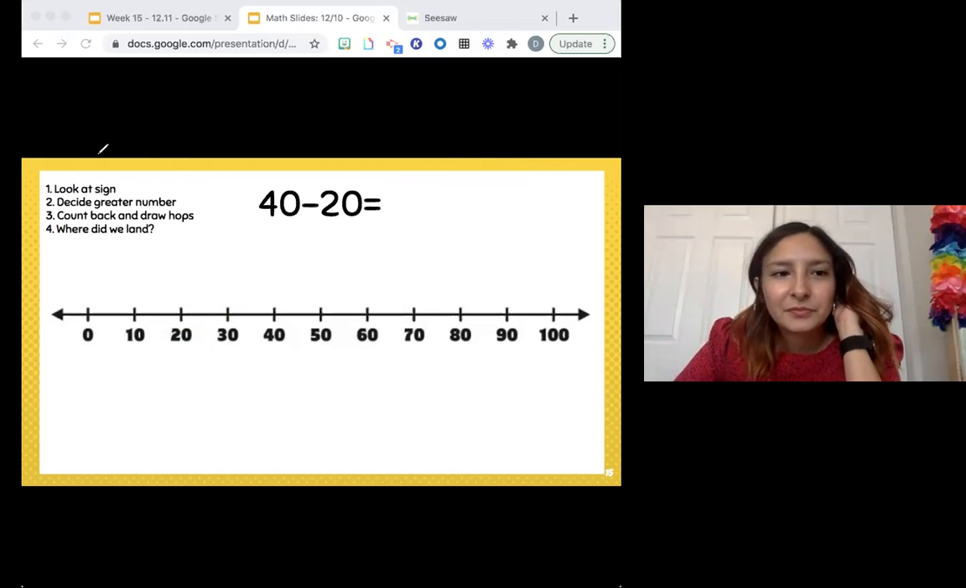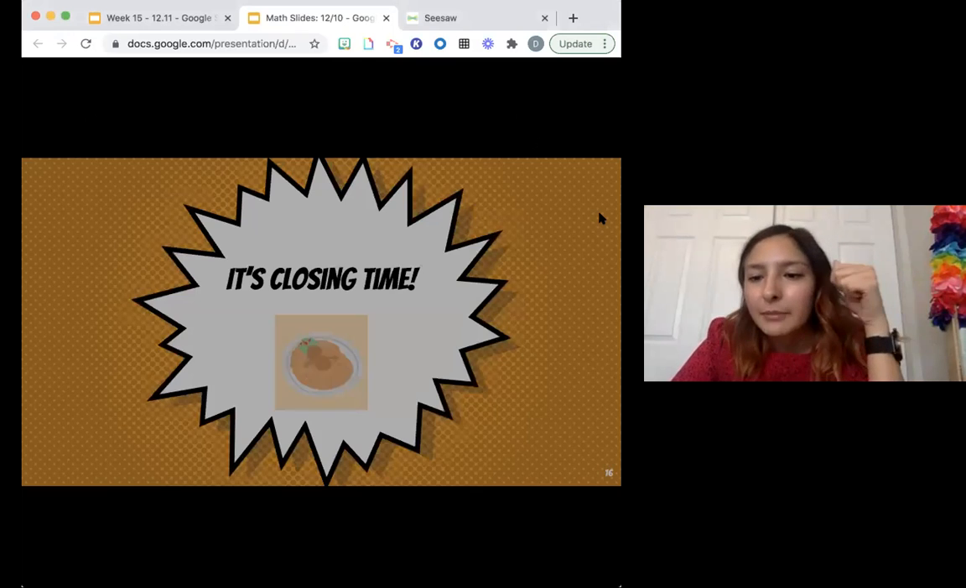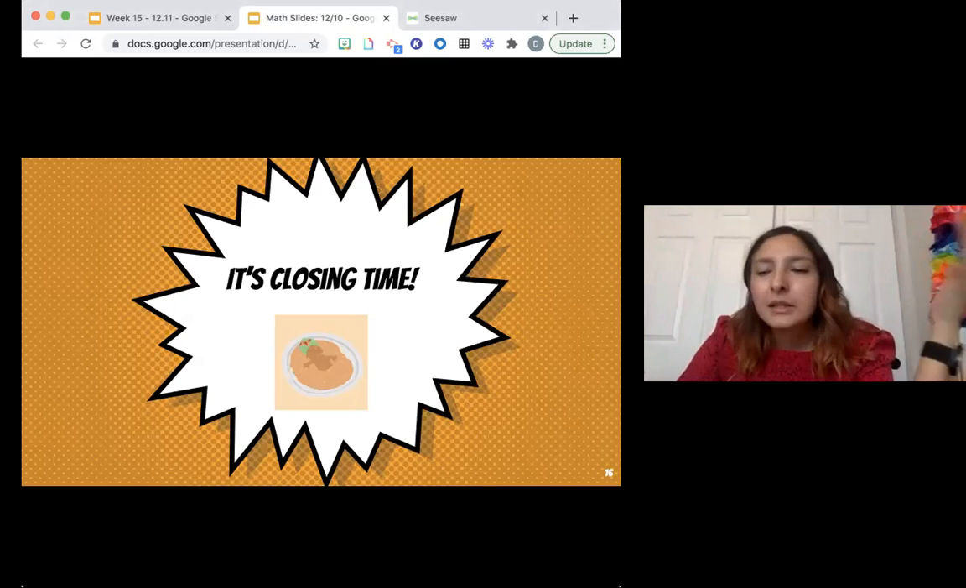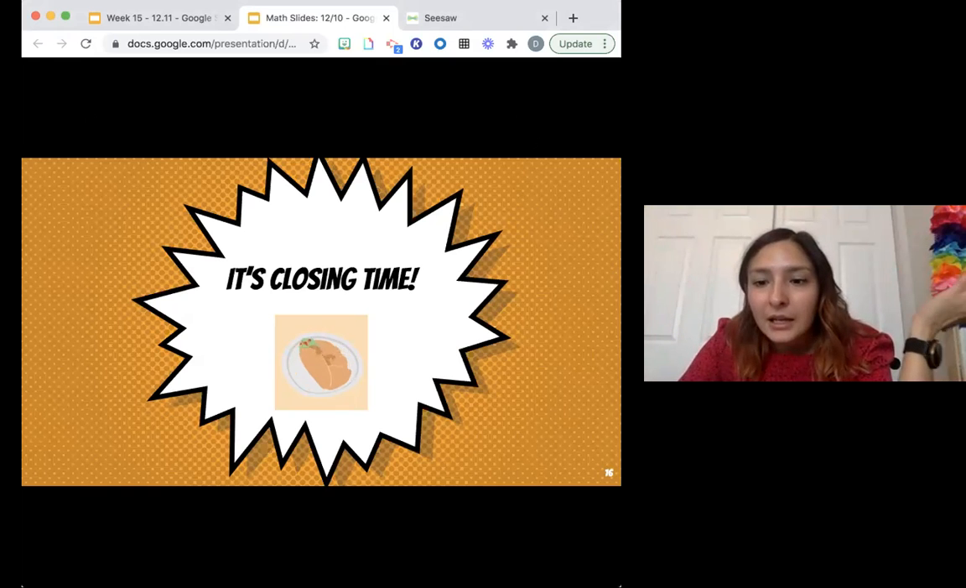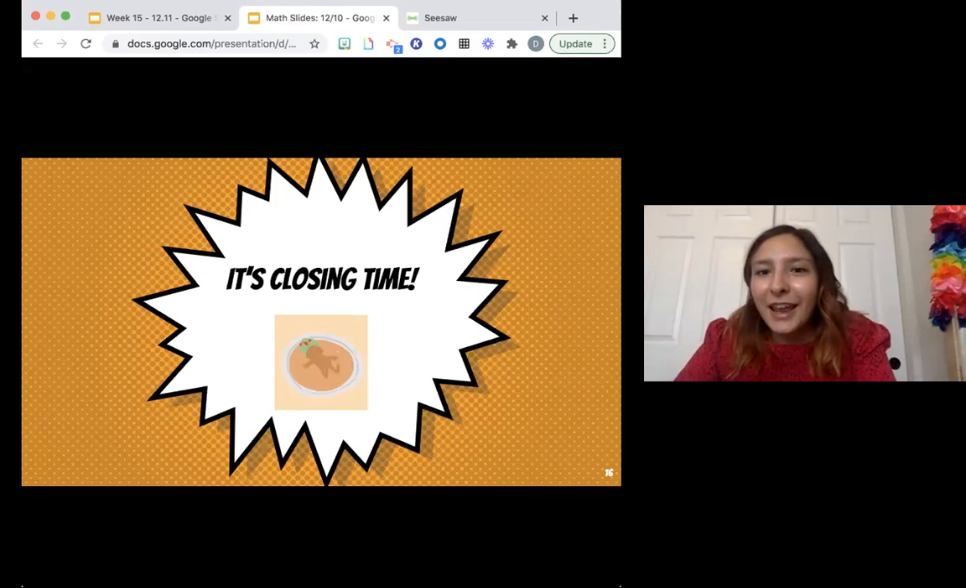Now, it is closing time. So, in order to wrap up, today we worked with a number line from 0 to 100 by tens to help us practice adding and subtracting using the strategies of counting on and counting back. Remember that when we're counting on and counting back by multiples of 10 or groups of 10, all right? Okay, now we're gonna go ahead and move in